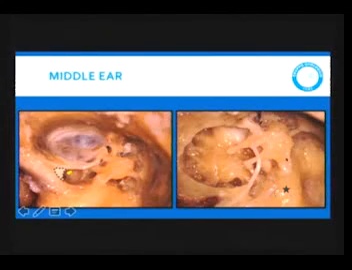Now I come to the anatomy of this area. The posterior canal wall has been taken down. This is the lateral semicircular canal. This is the body of the incus, the malleus, the stapes, the region of the oval window, the facial nerve,